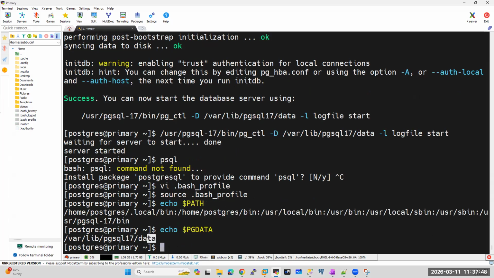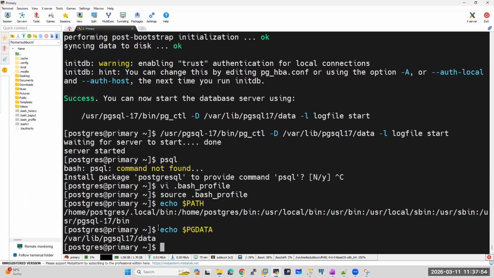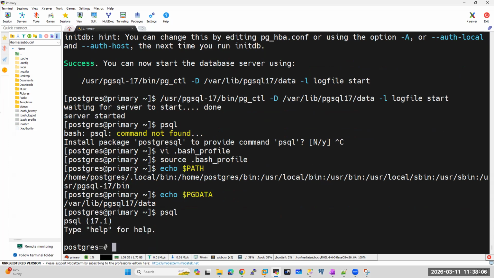Okay, now you are getting the cluster location also, to validate whether I'm getting the required path or not. Once it is done, see, earlier when you ran psql, it showed command not found. Now you can run psql. See, it directly connects to the cluster. So when you run psql, if it is directly connecting to the cluster, it means